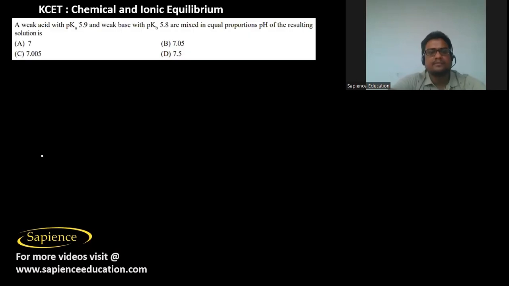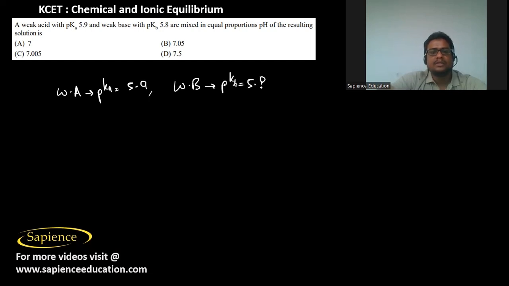Then it is told a weak acid is there, having pKa value that is 5.9, and a weak base is there, its pKb value is 5.8. They are mixed in equal proportions, then the pH of the resulting solution is,